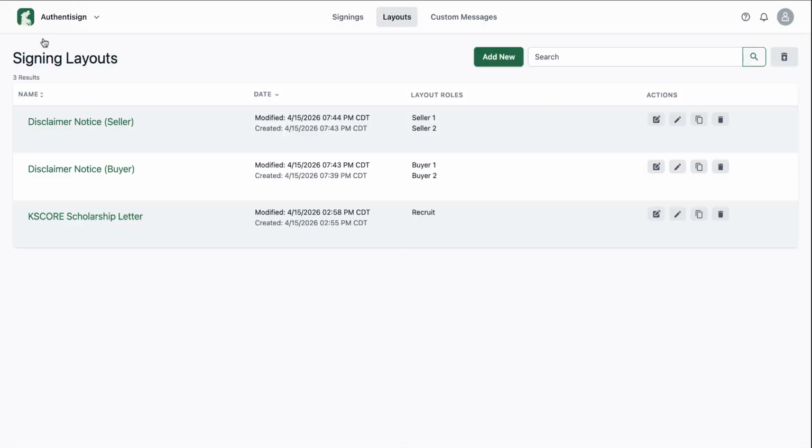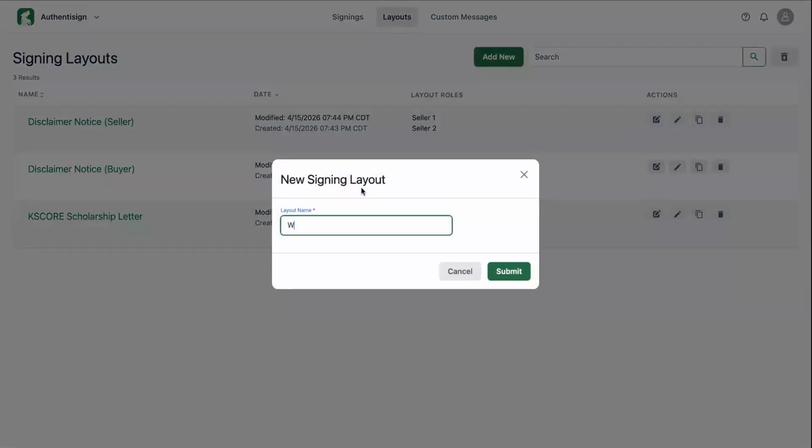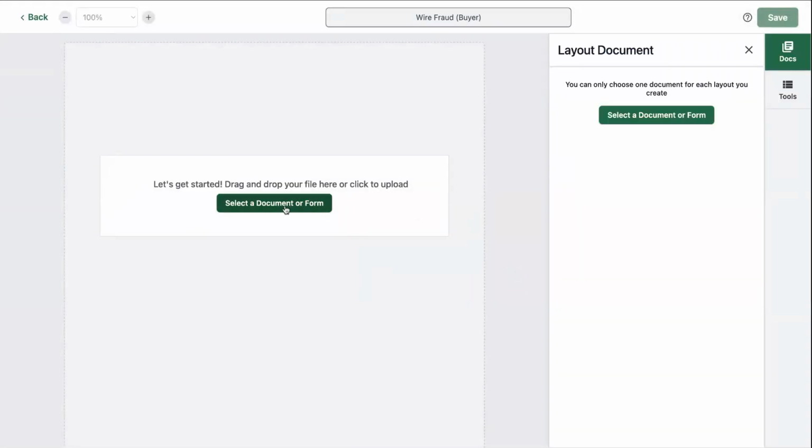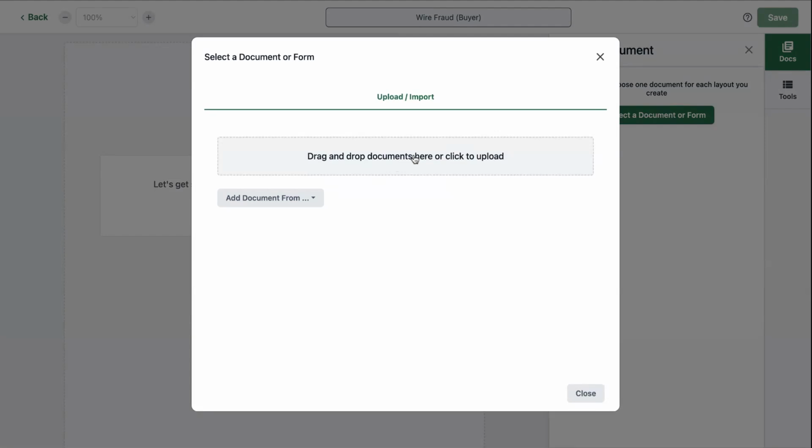We're going to go back. We're going to click save. We're going to do the next document. We need wire fraud. So we're going to go ahead and do wire fraud for buyer. Because the wire fraud has initials and a signature, but it doesn't automatically place where it needs to go, much like this disclaimer notice. So we're going to go ahead and pull our 308 in,